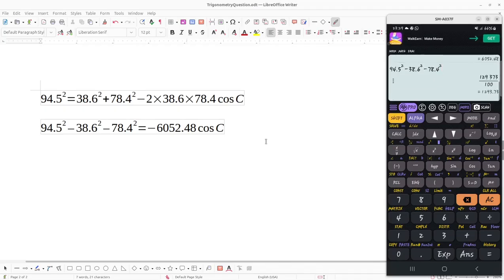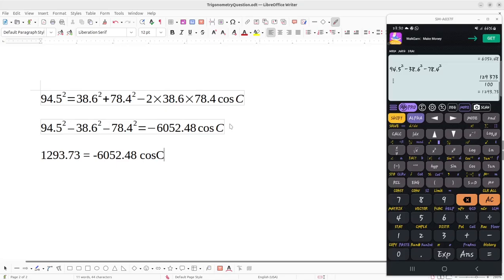This one is giving us 1293.73 is equal to -60.52.48 cos C. Then solving for cos C, you divide both sides by the